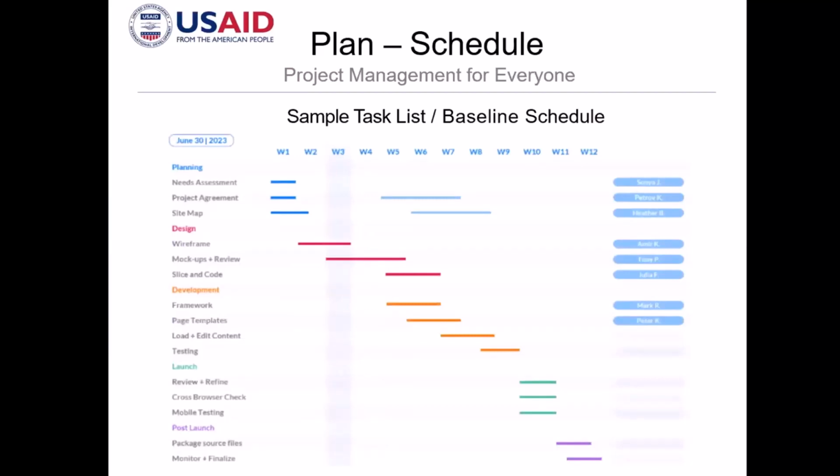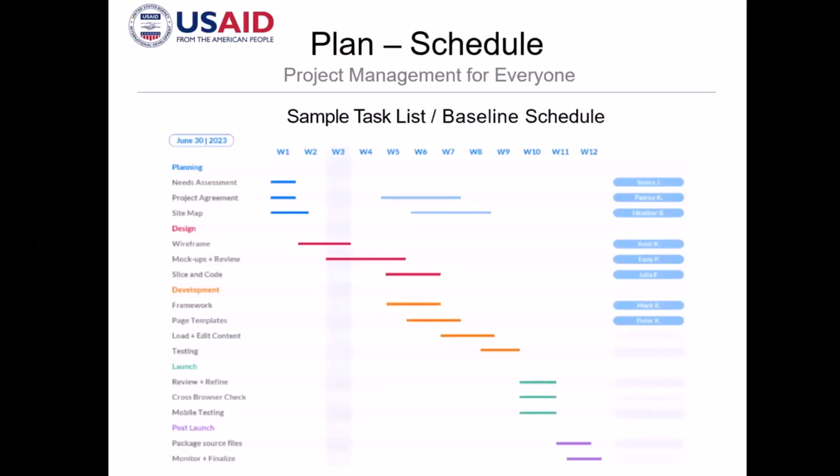So if you have a Gantt chart, a simple Gantt chart, you will be able to define how many weeks is a major activity, and then you can place them in parallel with each other, so that you will clearly see which major activity or tasks are overlapping with each other, or which task is dependent on which task, right?